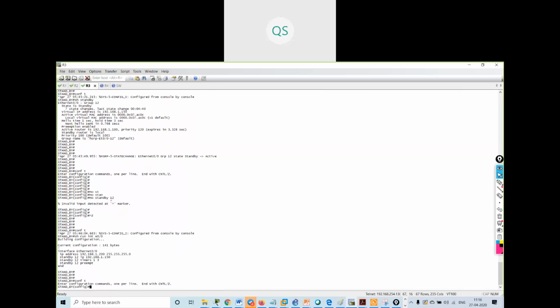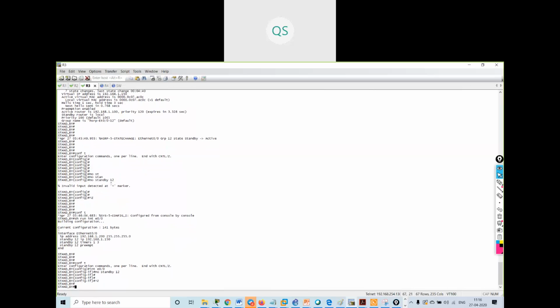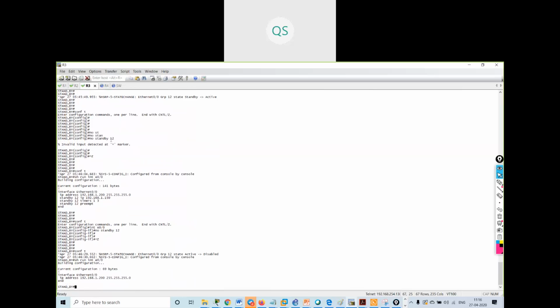I have to give this command in the interface: no standby 12. Okay, now I don't have any configuration.